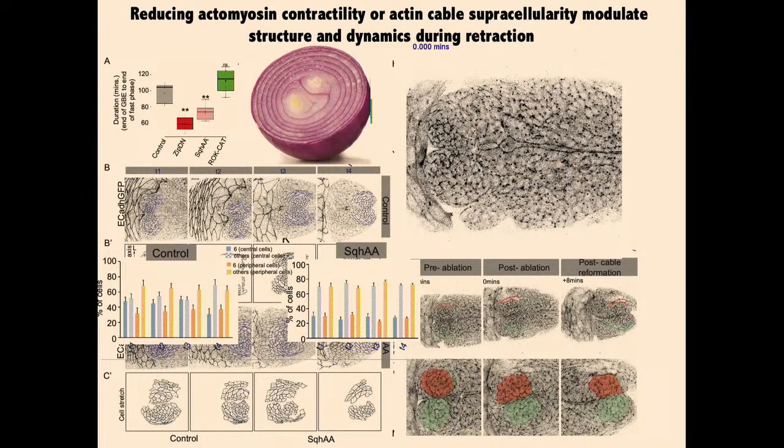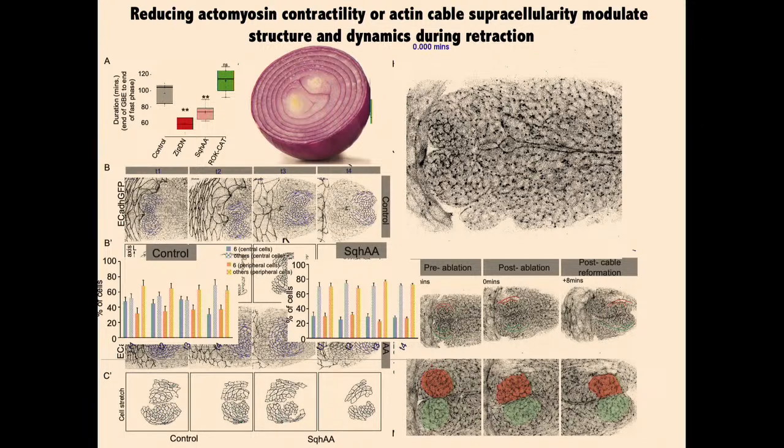You see that the central cells now also deviate from being predominantly hexagonally packed, and the lateral cells show a greater predominance of non-hexagonal cells. So in addition to reducing the shape anisotropy, you've also increased the propensity of cells to rearrange when you affect contractility. We can also use lasers to cut some of these cables, and in this experiment the